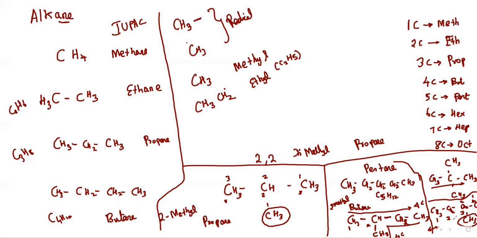But which one we have to take? We have to take where there is a lower number. So in this position only, it has the lower number. So again, it should be written as 2-methyl butane. So they are the same like that. So you don't need to be confused with that. So if the branch position is second place from one side or another side, both are the same only. You have to identify in which way it has the lower number. From that only you have to write the name. Do you get the point?